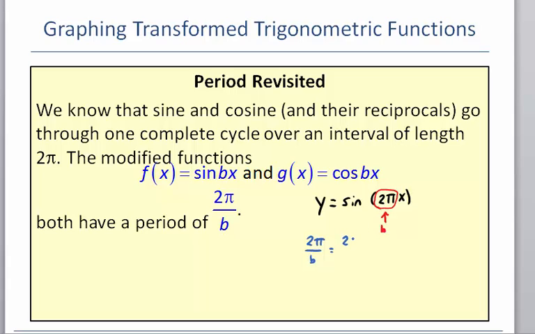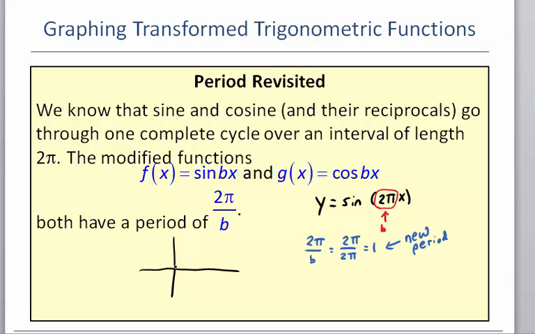So it just so happens that in this case, the b is also 2 pi. And so what that means is that this is my new period. So my period is no longer 2 pi because I've changed the function, and the period is now equal to 1,